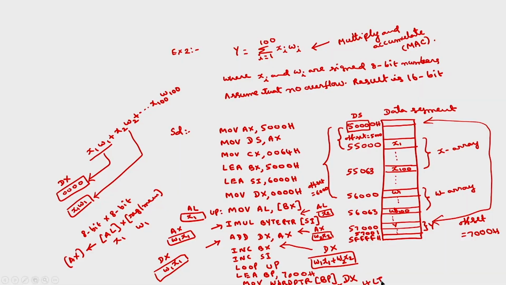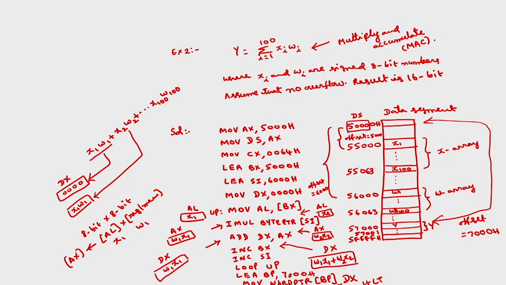This is the program which computes y is equal to sigma xi wi. So, this is an important operation in DSP. This is multiply and accumulate operation. Okay. If you take the filter, same operation. If you take the transform, we also have similar types of operations. This is the second program, and I will take a third program